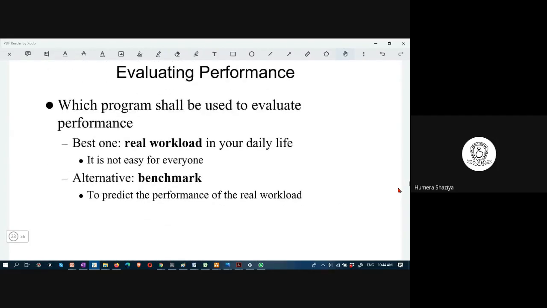All right, that is all about performance. Students, do you have any doubts so far in whatever we have learned? No, ma'am. Is everything clear? Yes, ma'am. Okay. So now